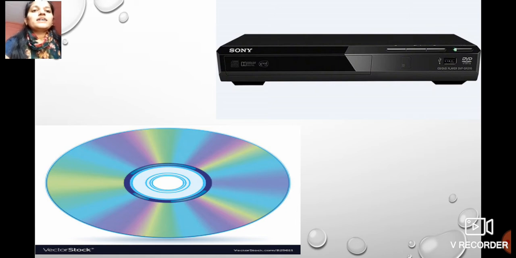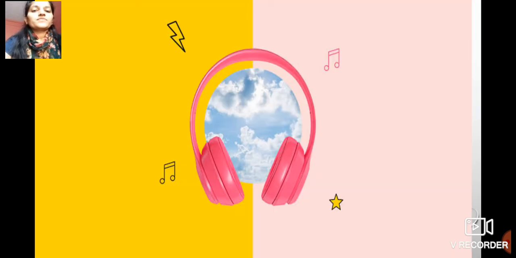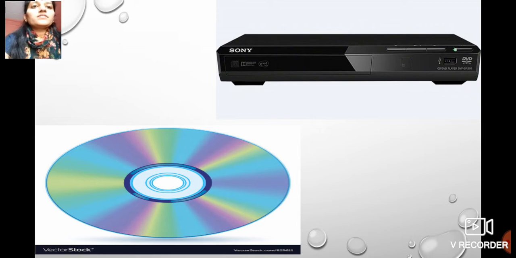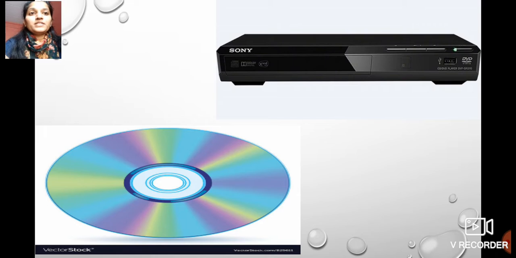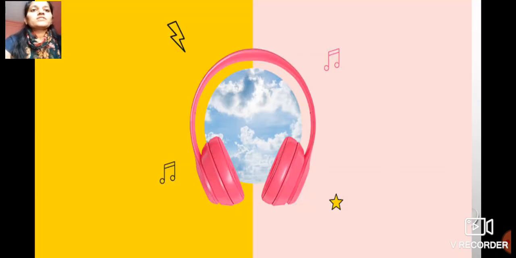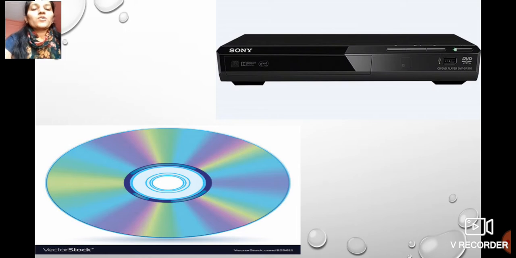yes, here we can see that the software and hardware are dependent on each other, right? How? CD is the example of hardware, as we all can see and touch it, but the songs are the examples of software. Both the examples are dependent on each other. The CD and DVD is the hardware, songs are the software. We cannot play the songs without CD and DVD, so that's why software and hardware are dependent on each other.